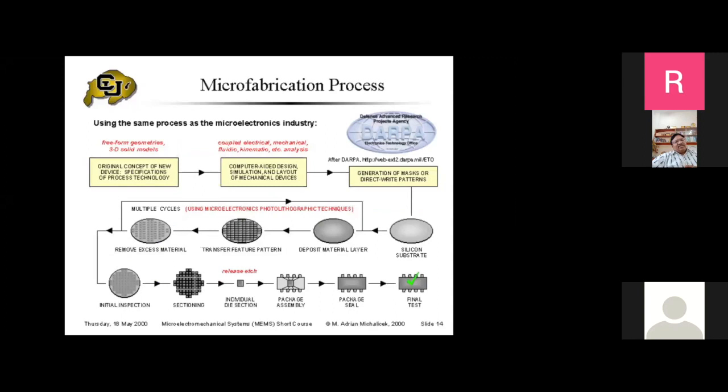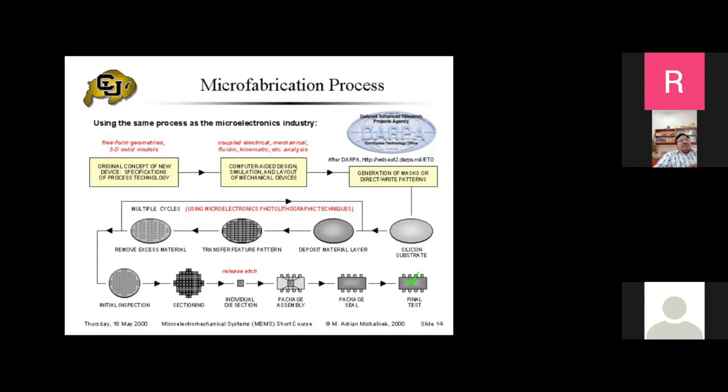I'm showing the example of a broad process. What are the various processes involved in MEMS fabrication? Of course, these are all adapted from the VLSI process. You see the yellowish boxes, the top boxes, is the design phase. As you know, a lot of CAD tools are available now for the design. Most of the commercial ones will use the CAD tools. Even if you want to do research, you can make use of this, but you start with your original idea or the specs of the device that you want to fabricate.